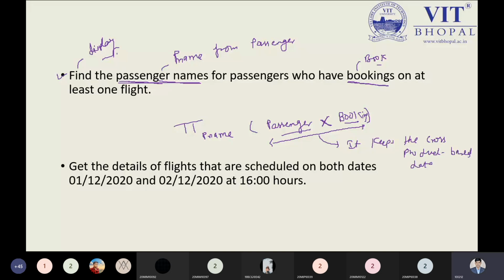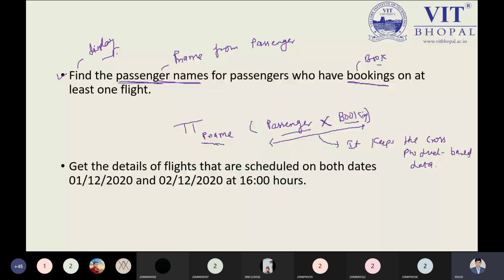That is known as Cartesian product based data. So multiple data will be there, and out of the multiple data, PNAME will be displayed only. There is a 100% guarantee PNAME can come many times.